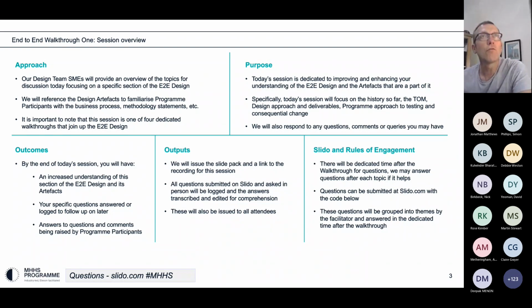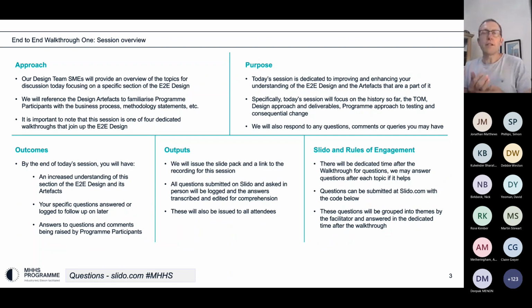I'm hoping that you will have all received various communiques about when the various sessions are on, and I hope you can attend accordingly. So what would be a successful outcome for us today, I think, is to help lead you through how did we get to the blueprint for half-hourly settlement and what has been our approach to deliver all the various artifacts that give us our detailed design, both from a business point and from a technical